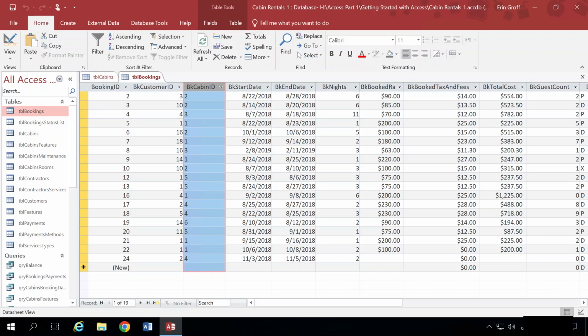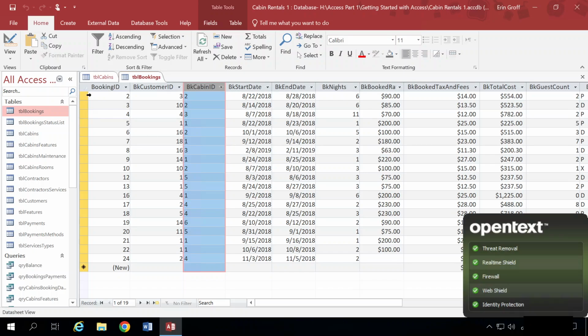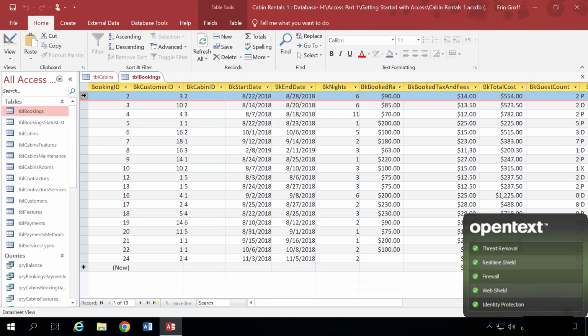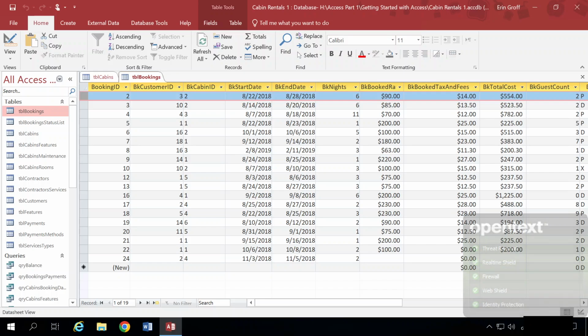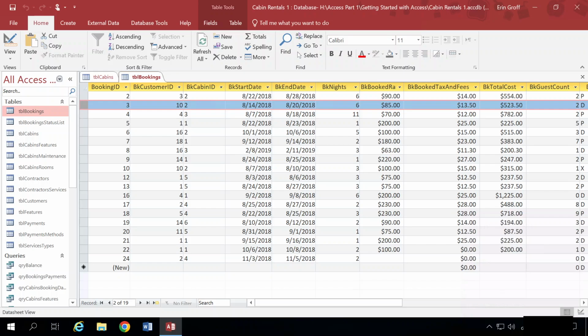Let's see. Then we have letter E. Observe how ID fields are used to relate to information in different tables. For example, in Booking 2, which is listed here, Customer 3, here's our customer ID, has booked Cabin 2 from 8/22/2018 to 8/28/2018. And then we have in Booking 3, Customer 10 has booked Cabin 2 from